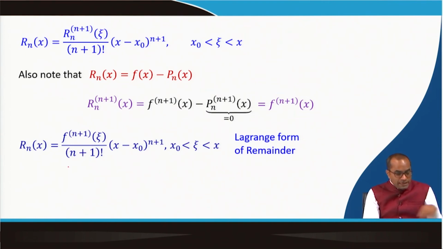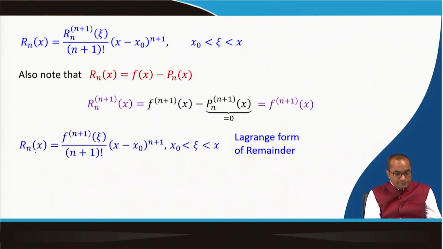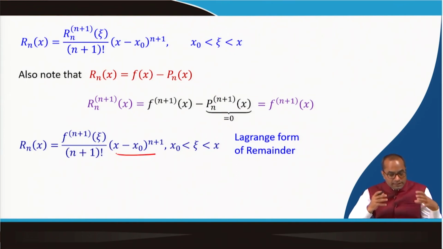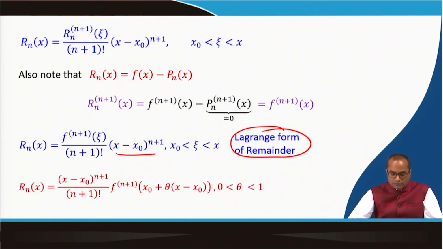So we have this error term which contains the (n+1)th order derivative at some ξ, which lies between x₀ and the point x, where we are estimating this, or we are computing the error. You have (n+1)! and (x − x₀)^(n+1). So that is the formula, that is the error formula, or the remainder formula, and it is called the Lagrange form of remainder. There is another form for the same formula here,